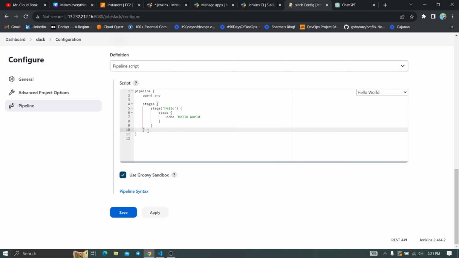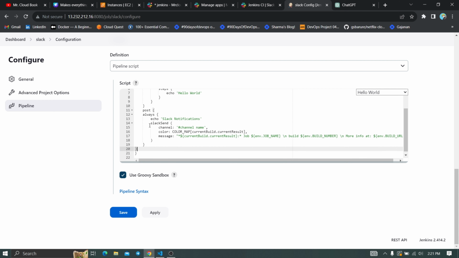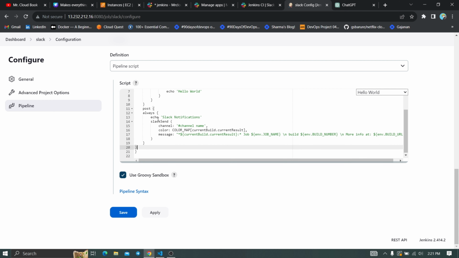All you have to do is add a post block here to get the notification. I'm just showing how to send the notifications, here to mail only. I already have that post block, so let me copy it and explain it over there. This is the post block. It will send the mails always, and echo. It will send the name with the Slack